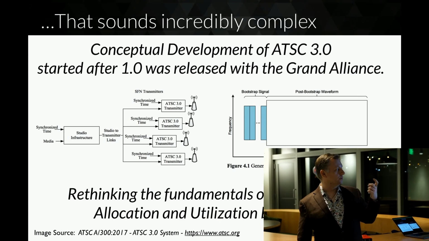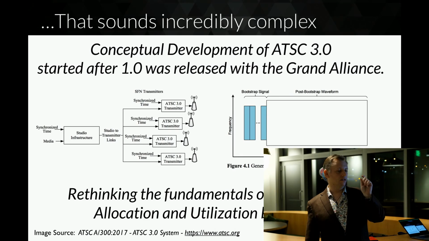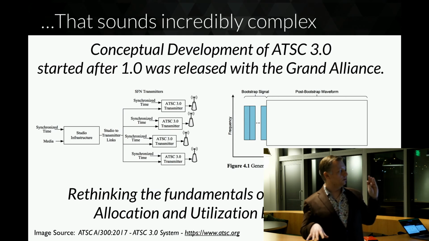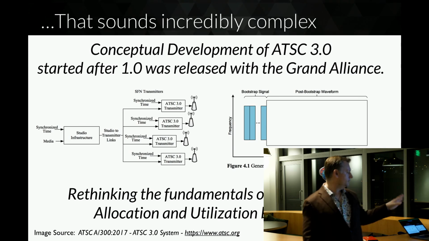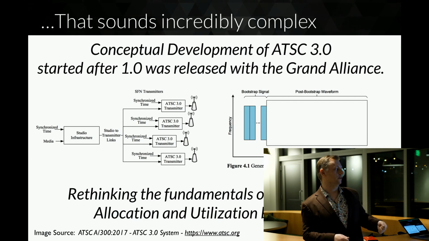The single frequency network is such a granular point of control that we can emit what's called a bootstrap, which will identify the preamble for data transmission. It sounds super complex, but what it means is that any device can wake up, receive the bootstrap signal, and process that data if it's relevant to it.